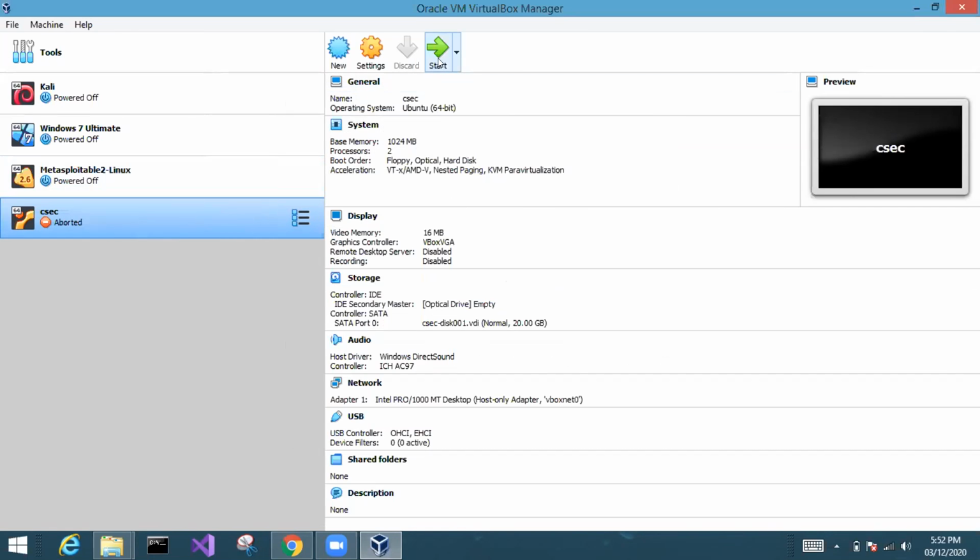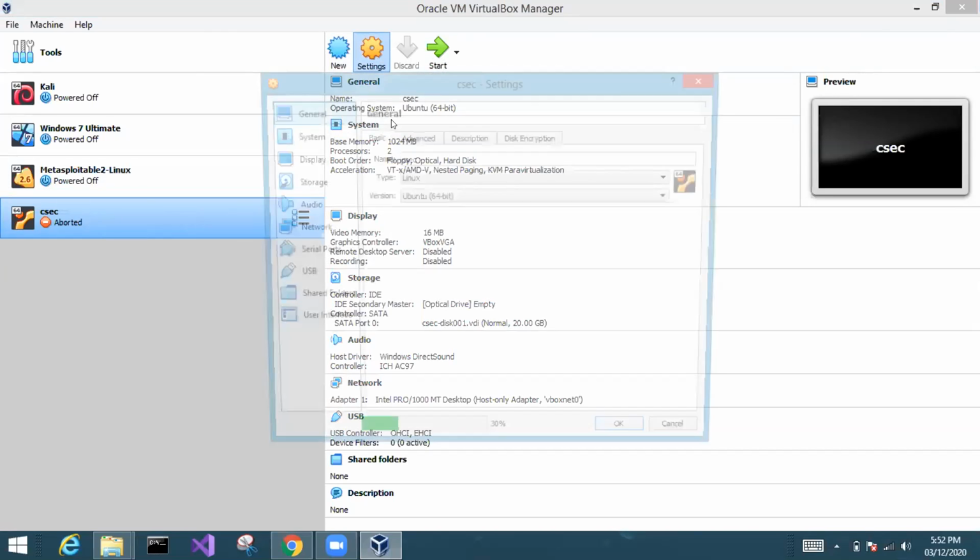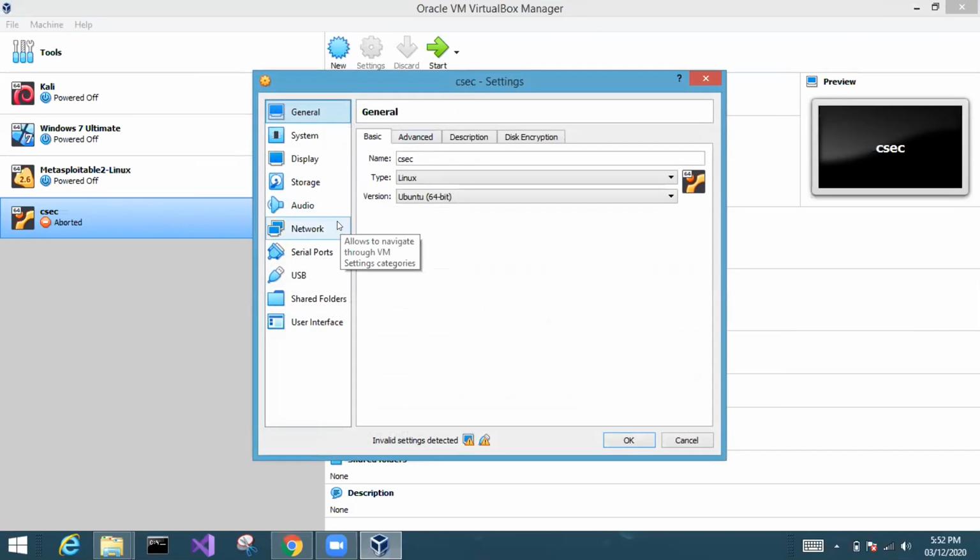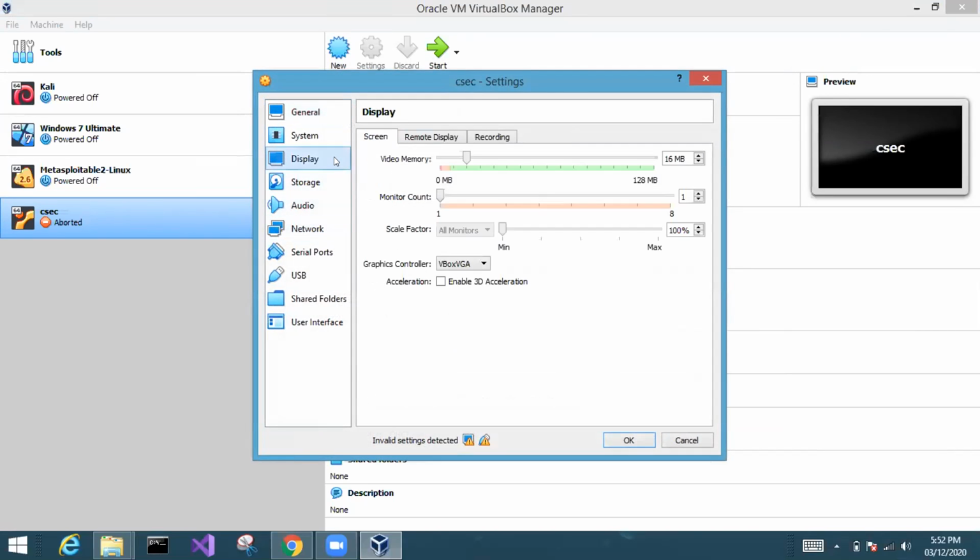Now I press the start button? No, don't start it. It's not going to start. Go to settings again for this VM. First, go to Display, and under Graphics Controller, change it to VMSVGA, the second option.